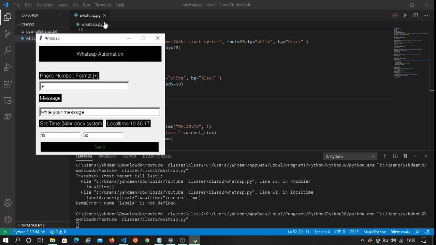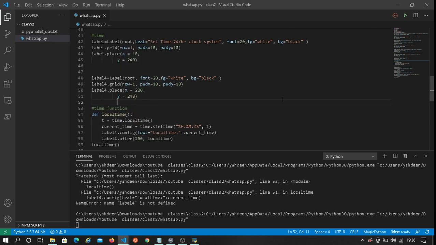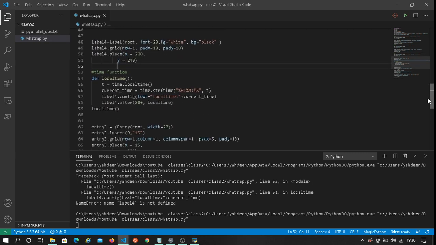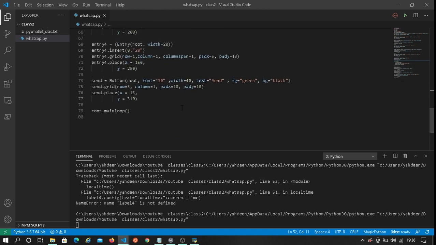So that's it. So now let's write the function that will handle the sending of messages, so that when we click the send button, it basically sends the WhatsApp message, and we can set the time that the message will be sent, so we don't have to wait there, and it just basically does everything for you.